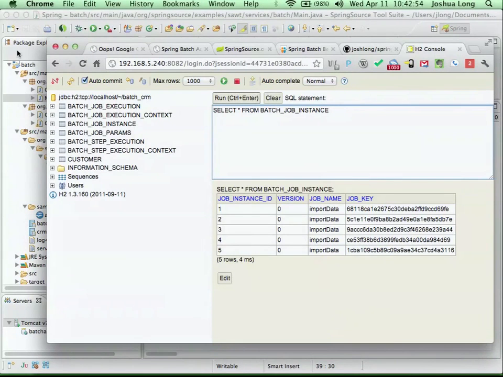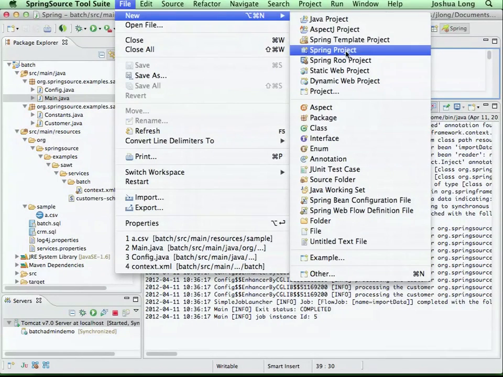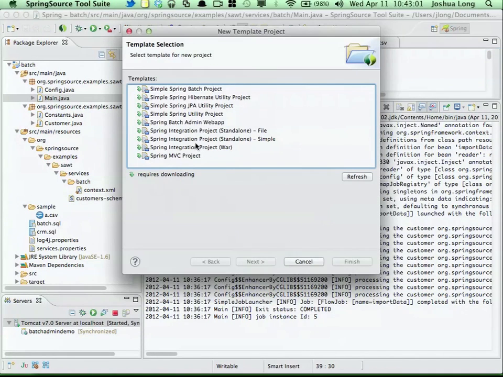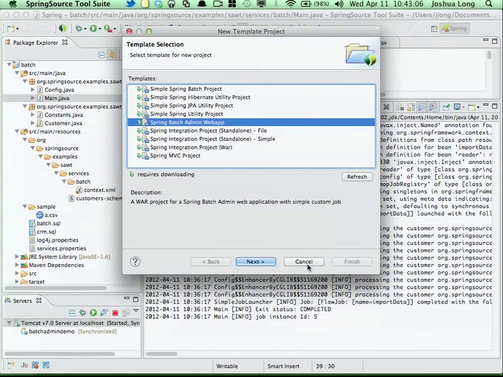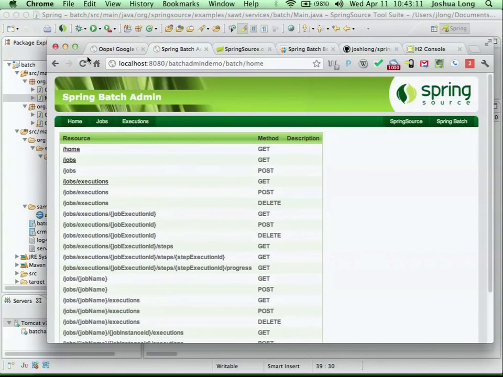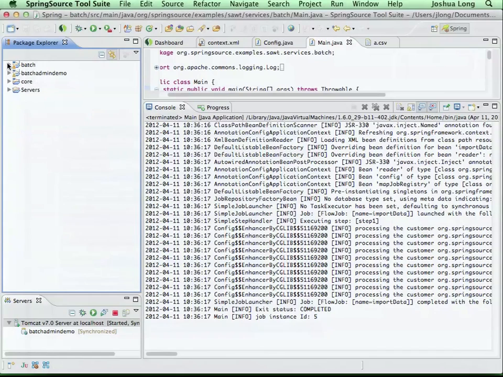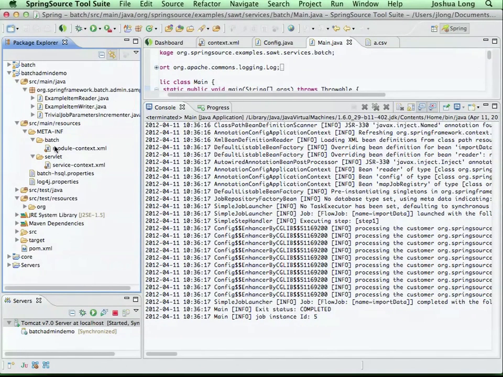Spring Batch Admin, it turns out, is remarkably simple to get set up. If we had more time, I would show you that you can go to SpringSource Tool Suite, go to Spring Template Project, and then click on Spring Batch Admin Web App. But since we don't, I'm just going to show you this, which is it already running. Once you've created it and set it up on your local project, it's just a web application. You can launch the web application, and it in turn deploys all the jobs that are defined in the configuration files in the Spring Batch configuration that's in the WAR.